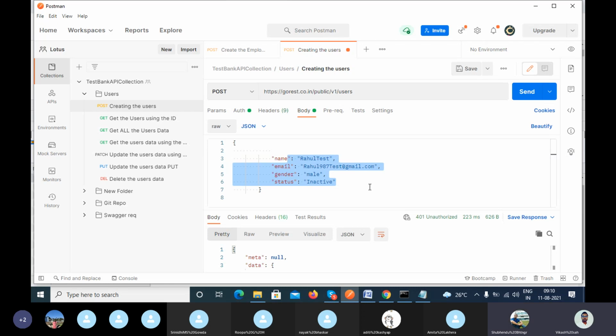Because we don't require this token in every application, no? In a banking application it is obviously required, but in most applications we are using the concept of authentication.